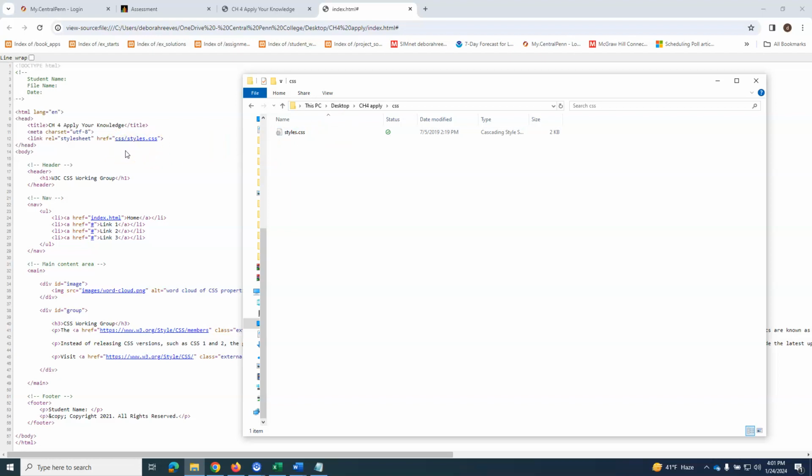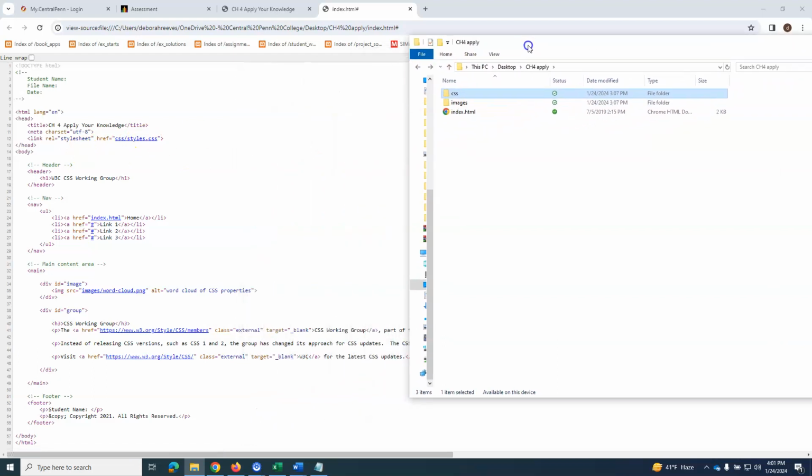So 9 times out of 10, the problem with the website is that you have mistyped something. You have an image called dog.jpg and you have put dogs with an S on the end, and that's why it won't call up. So almost always it's spelling, for some reason, that I've run into anyway. So this is calling up your CSS, which we'll go over in a minute, but let me just show you